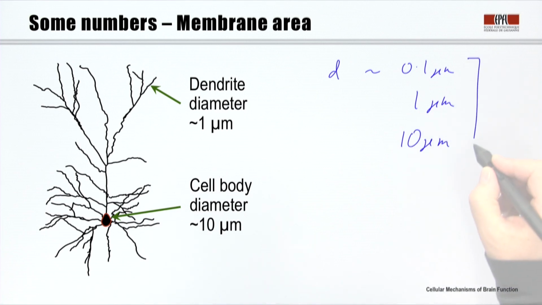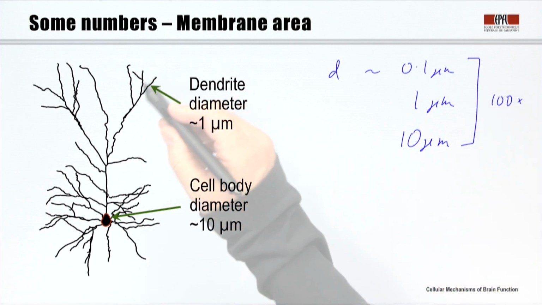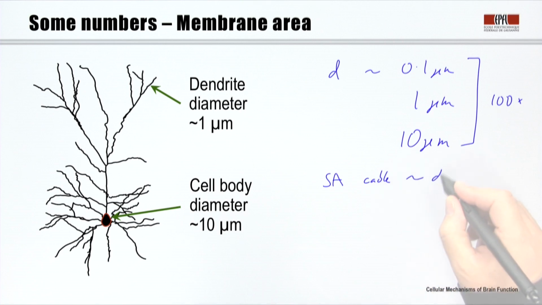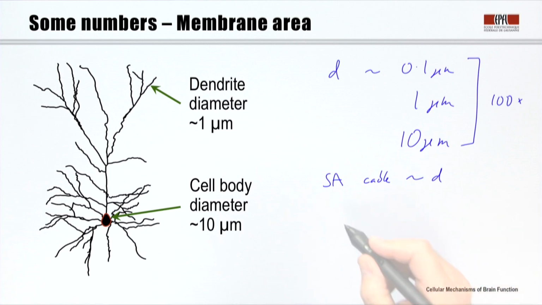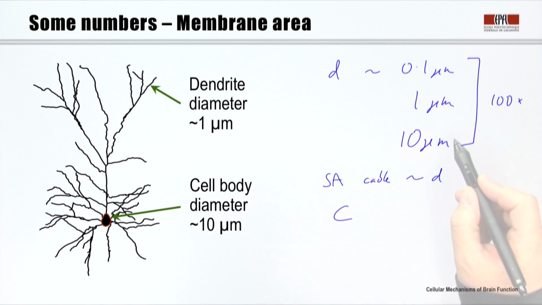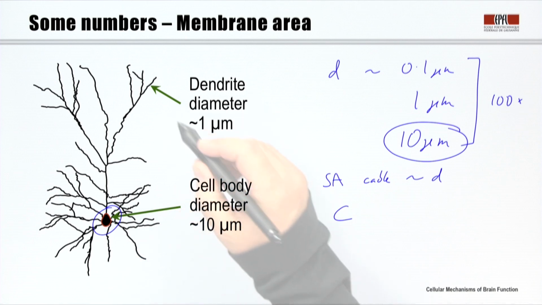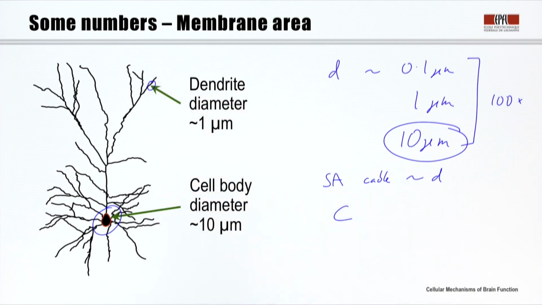So there's an approximately 100-fold difference in the diameter of the structures that are located at different points across a neuron. The surface area of a cable is approximately proportional to the diameter of that structure. And the surface area, of course, also for a capacitor tells us how much capacitance there is. And so the local capacitance at the soma might be 100 times higher than the local capacitance sitting here in